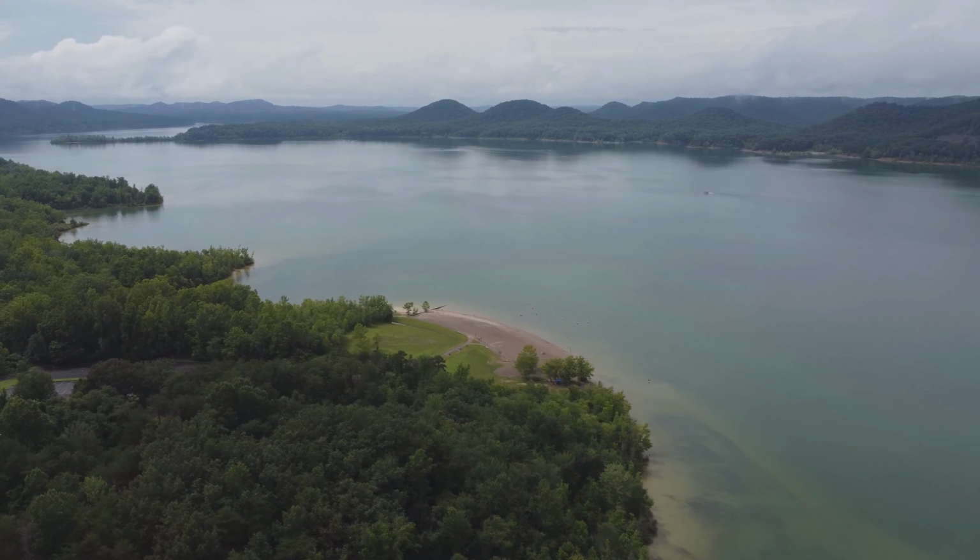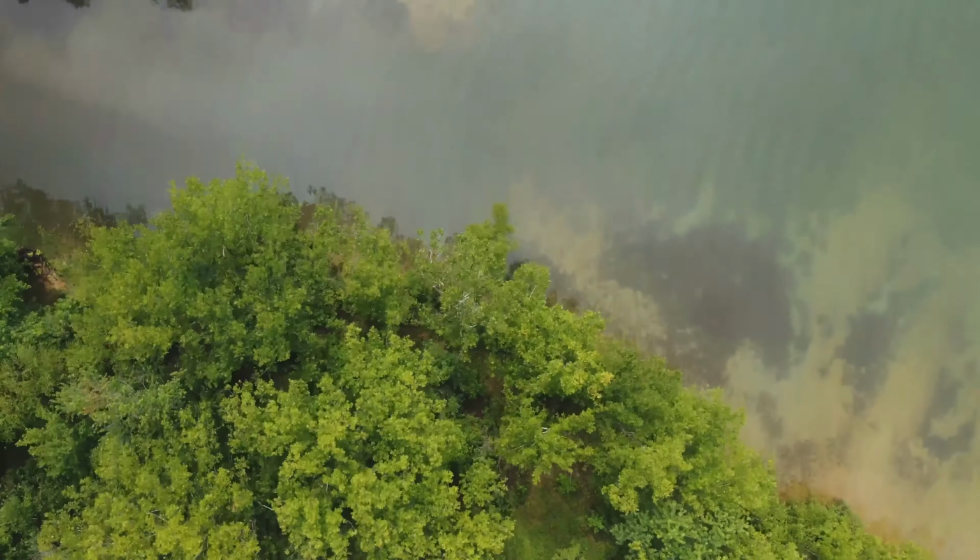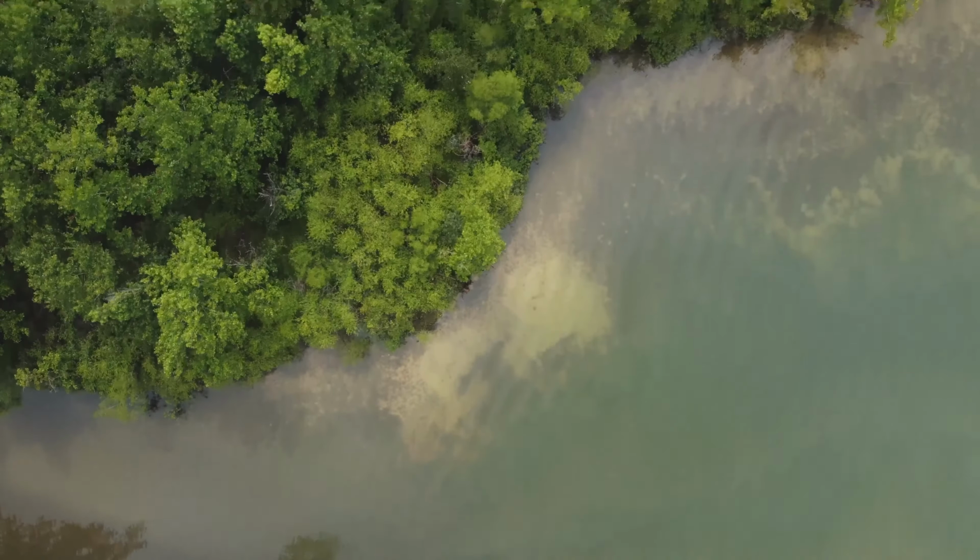So we are currently on our way to camp. It's almost 1 o'clock right now. We're driving straight into this rainstorm, so hopefully by the time we get to camp,